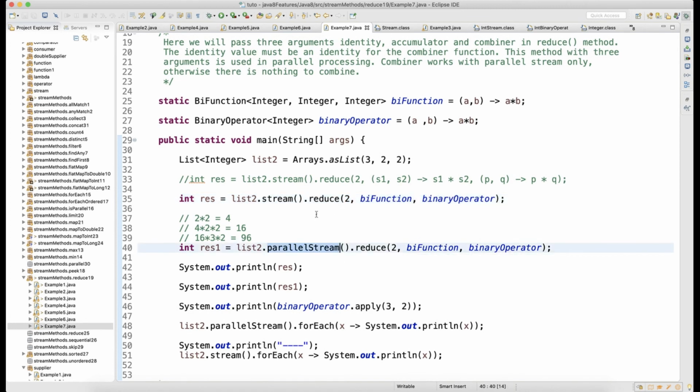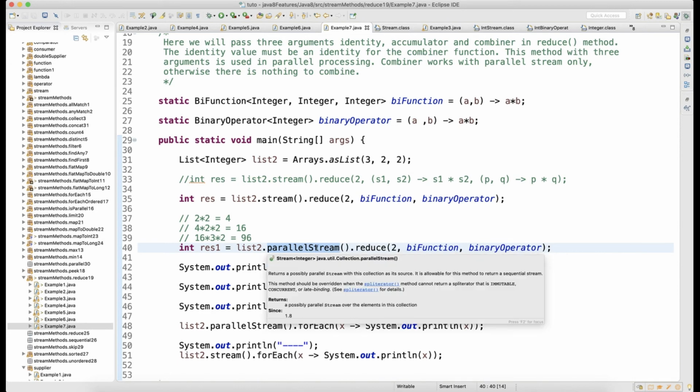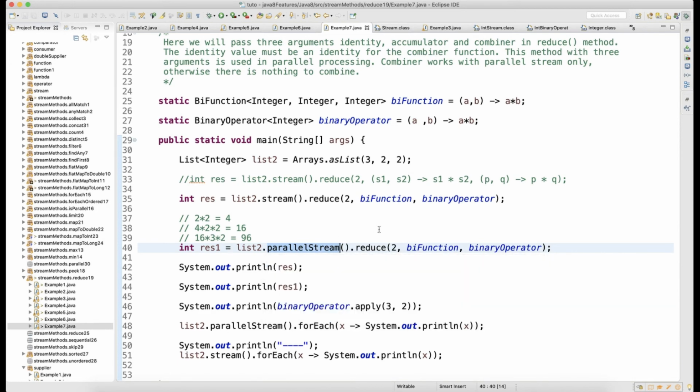But look at here, there is something called parallel stream. So here what happens is, in a parallel stream, whatever stream of data you have, it will get started in one shot, okay? And how this works is, this function will get evaluated because it's a parallel stream. So like every thread is working independently, okay? So it will get evaluated.